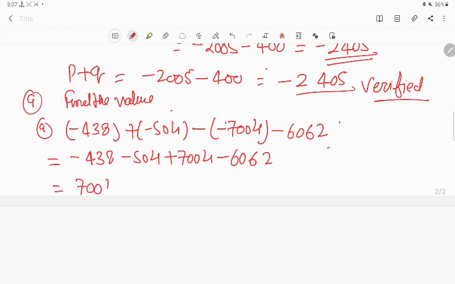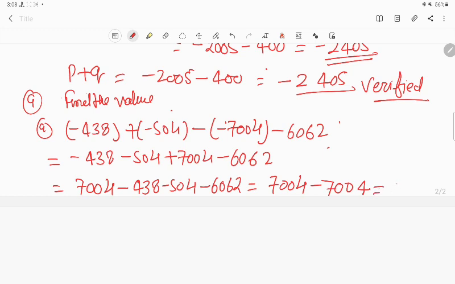That is 7004, only one positive, minus 438 minus 504 minus 6062 is equal to 7004 minus 7004. The difference is coming 0. Answer is 0. Similarly,